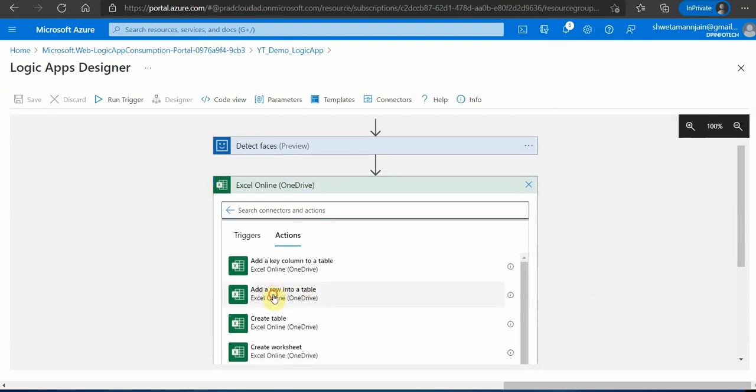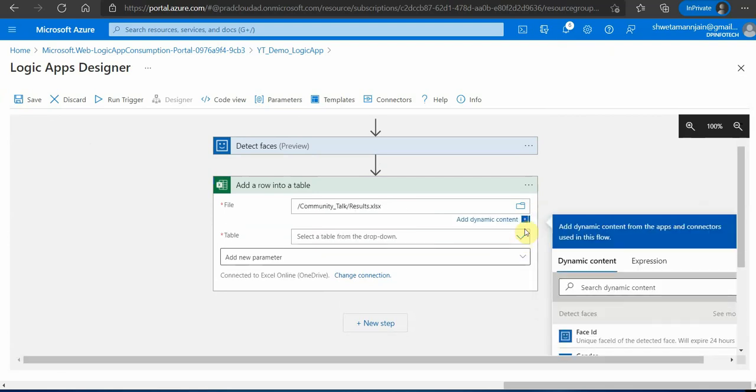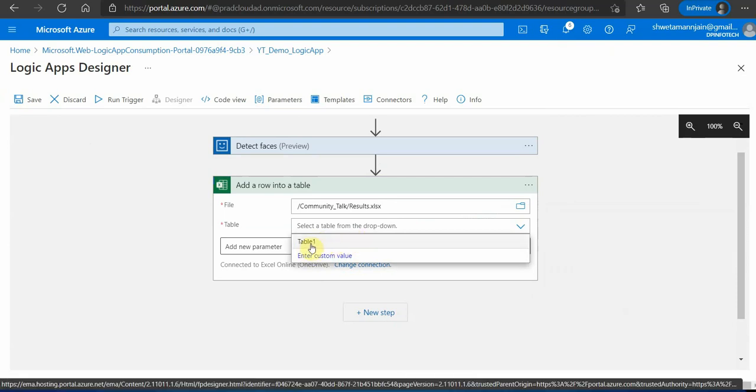So add a row into a table. I will quickly select the Excel sheet, and here you can see that this time, oh, it's taking too much time. Okay, so this time it picked the table name, which is table 1, and this is the default table in